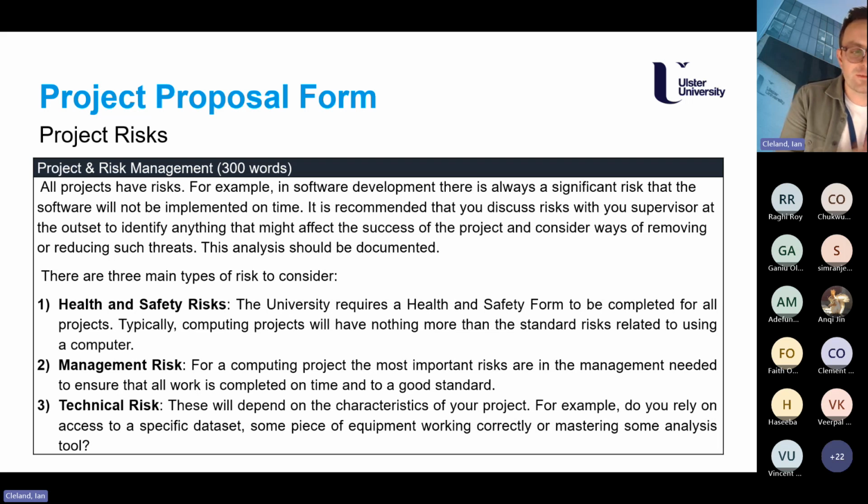So we're trying to identify the risks across those 3 different sections, and then we're trying to think about what mitigations we might put in place. So again, for the data set problem, perhaps you have a specific data set in mind, but it might be that you identify maybe 1 or 2 others, so that if you can't get access to that data set for some reason, you have a fallback to make sure that you can still follow through with some of the plan that you have in terms of your project.